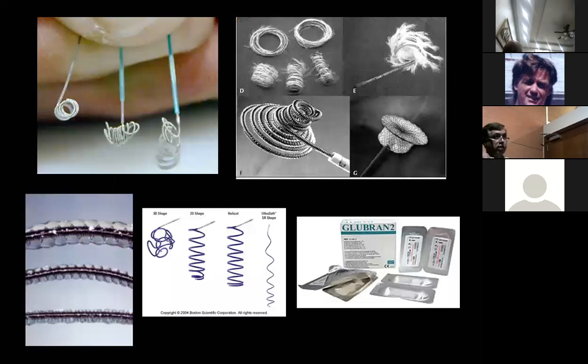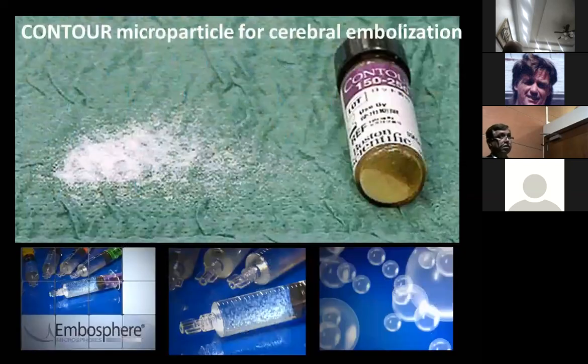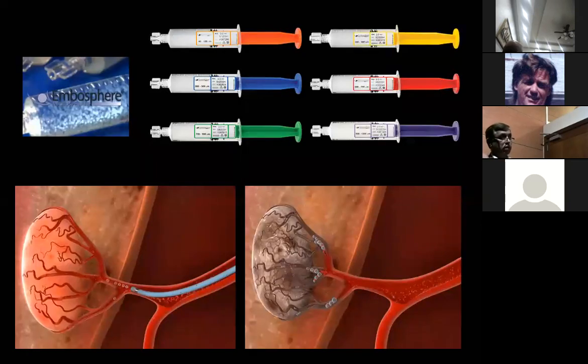These are the coils that you use to close the main, large feeders, or you use microparticles to close the small feeders. Here you are, microspheres. You put your catheter in, not me, of course, the interventional radiologist does, and they will put these particles, close the blood supply and cause the tumor to shrink or to necrose.